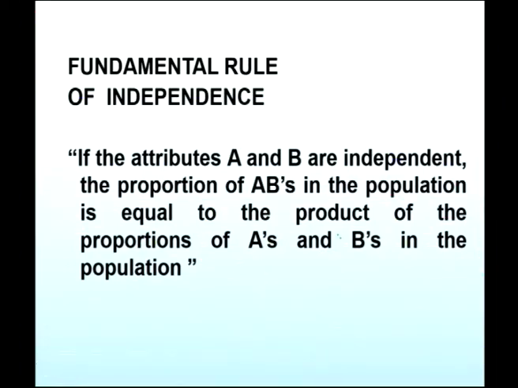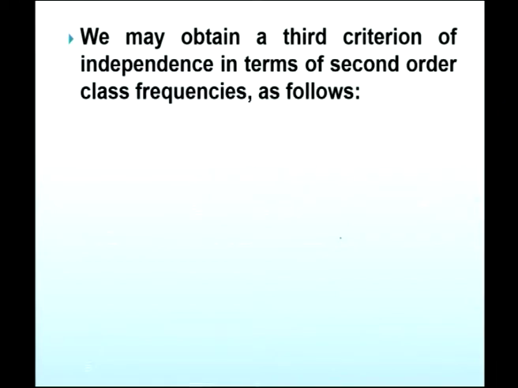That is bracket AB, class frequency AB divided by N. That means the proportion of AB in the population is equal to bracket A by N into bracket B by N. Bracket A by N represents the proportion of A in the population, and bracket B by N represents the proportion of B in the population. We may obtain a third criterion of independence in terms of second order class frequencies as follows, that is